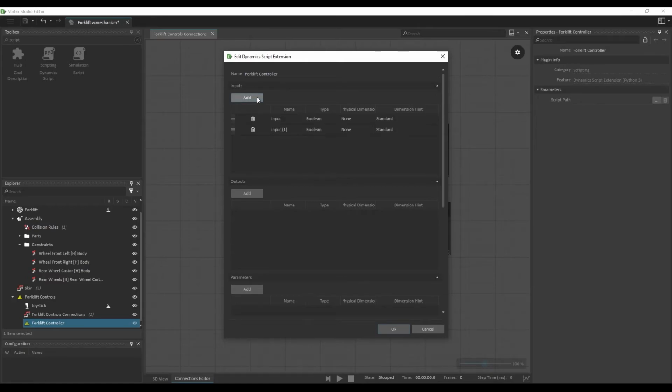So let's add two inputs. They're both going to be of type double, and we'll name them throttle and steering. This will produce two outputs, also of type double, that we'll name velocity, which will be the velocity of our back wheels, and position, which will be the position